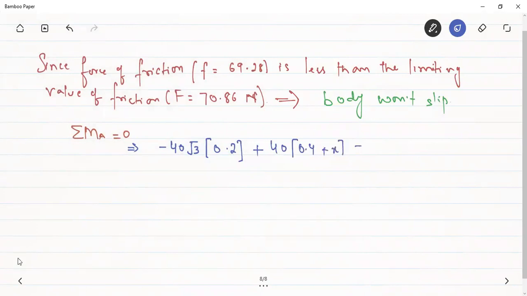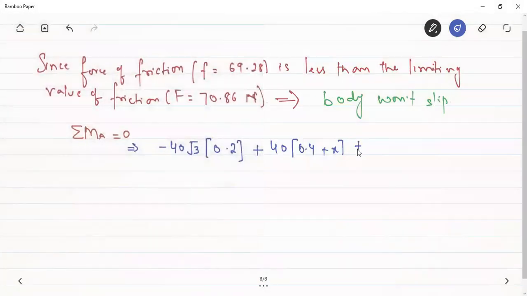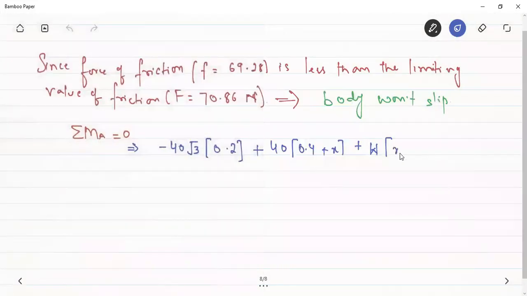We can see that the weight is again causing an anti-clockwise moment. Then the moment due to this weight will also be positive, and its force arm will be equal to x, since it is acting at a distance of x from A. So this has to be 0. After making this simplification, what we get here is